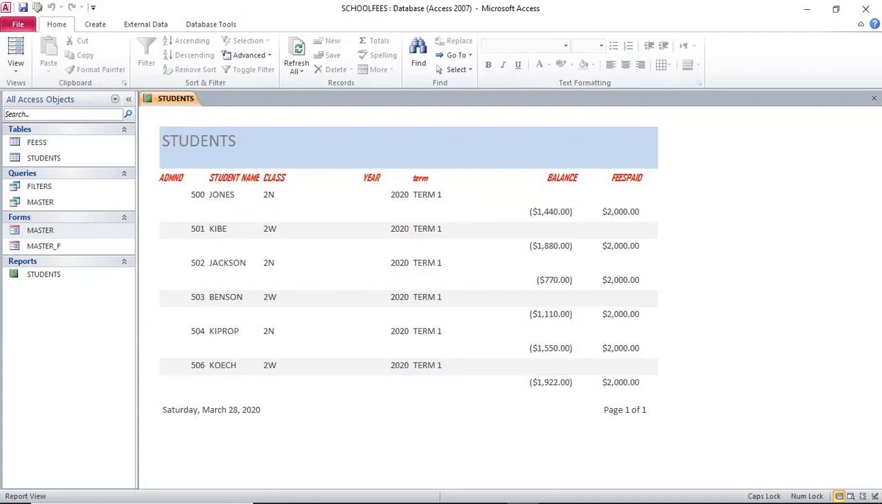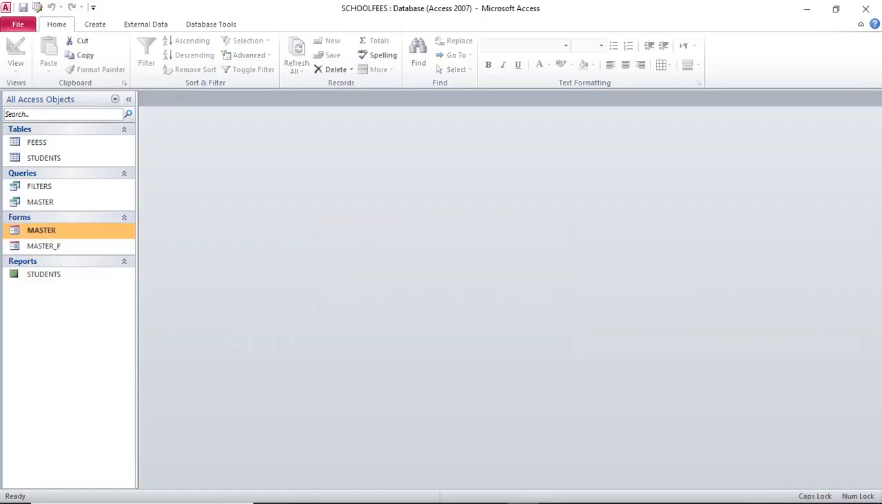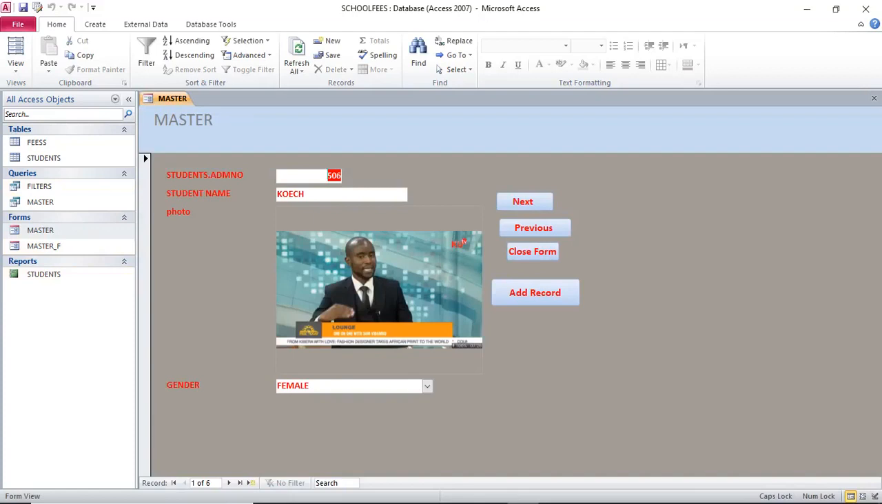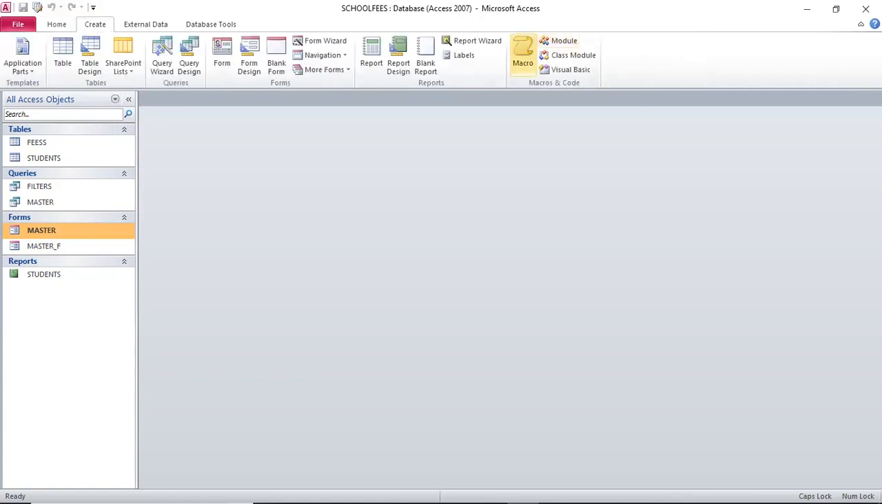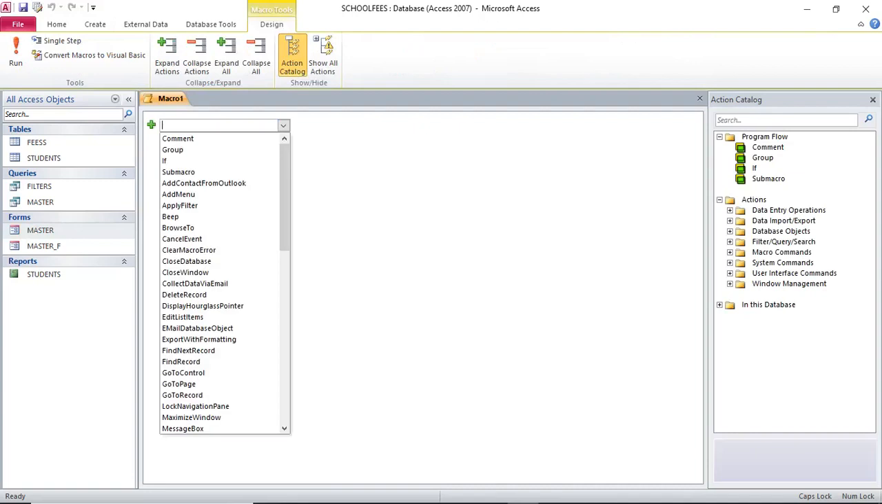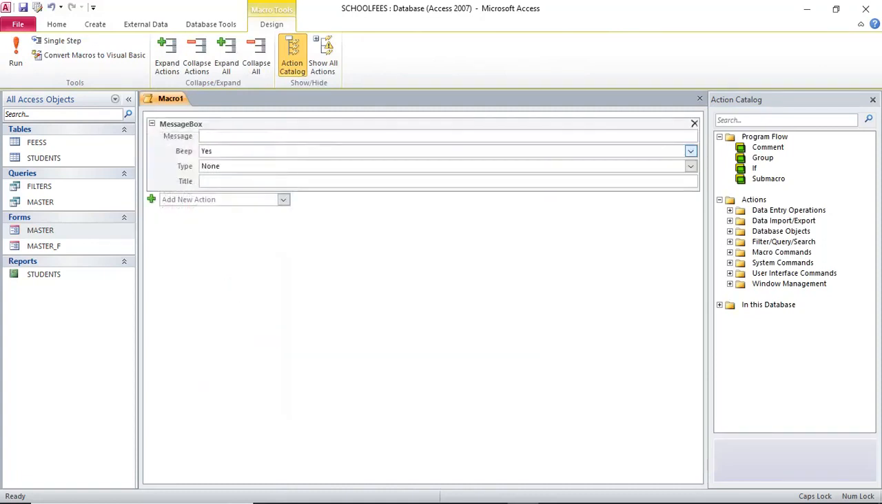Then you may also need to create a macro. A macro is an action. Like for example, when I open this form, it starts by giving me a message, welcome to master form. Therefore, how do you go about it? You just go to create, then you go to macro, you press the macro, then you choose the action. Like now, I need to write a message. If I just choose message box, what is the message? Welcome to master's form and capture